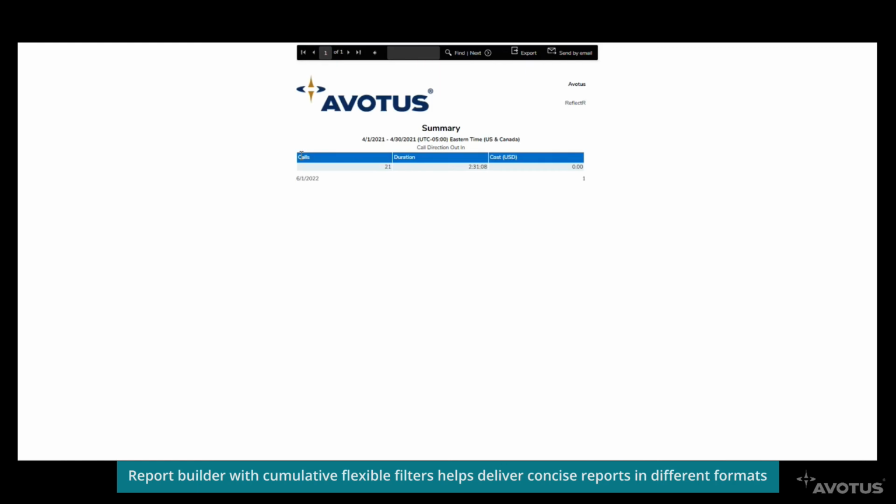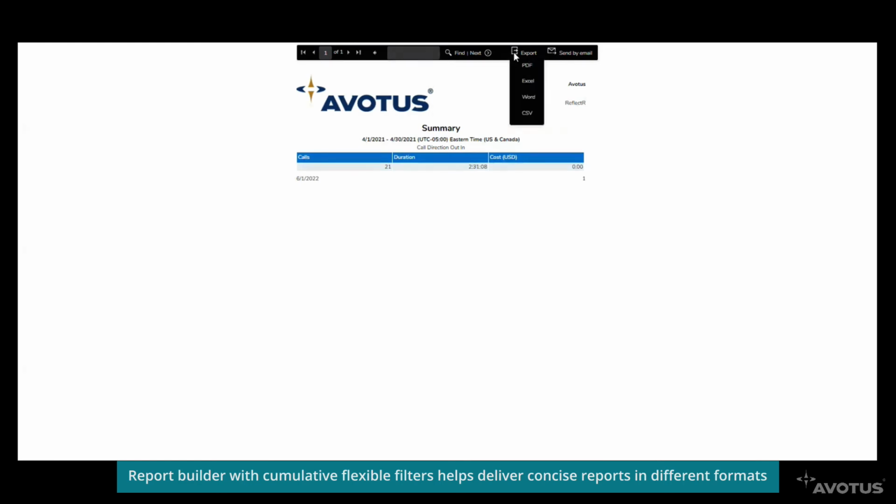And that format that I chose, that summary format, I knew was going to call for calls, duration, and cost. Here's where the logo would go. This is where you could put your marketing message or your address. As you can see, these column headers are color-coded. As an example, if there was multiple pages, you could scroll here. We do have the search bar functionality. So if there were names and phone numbers,